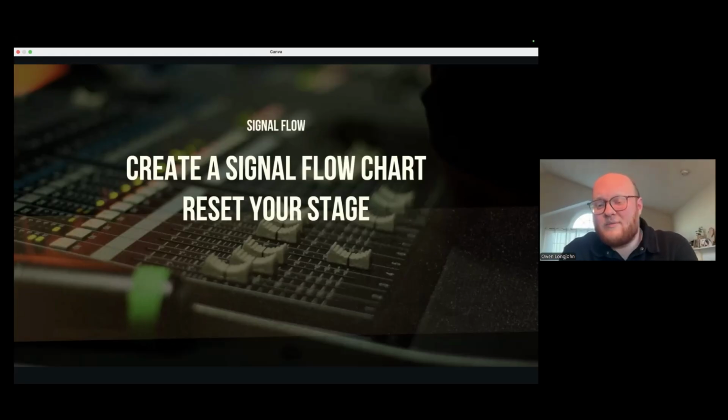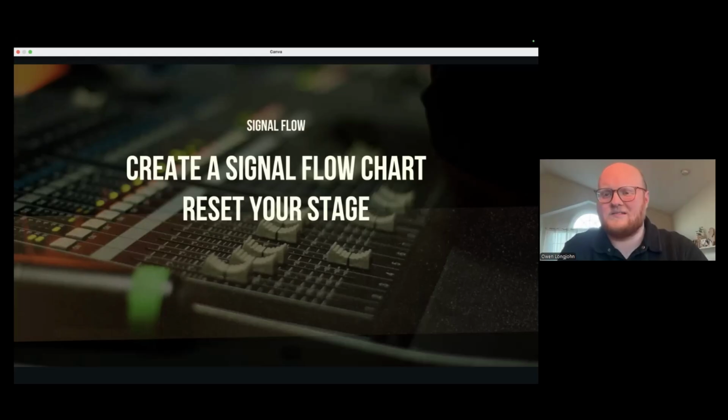What I mean by this is unplug everything and plug it back in the way that you want it to be plugged in. This is great to do after you've done your signal flow chart, because your signal flow chart is going to give you an idea of how everything at least is currently connected and how it could connect. You might discover things along the way. I gave that example earlier of we're plugging into 3 in the stage pocket, then it's plugged into 15 on the stage rack, and then it's 22 or 21 on the digital console.